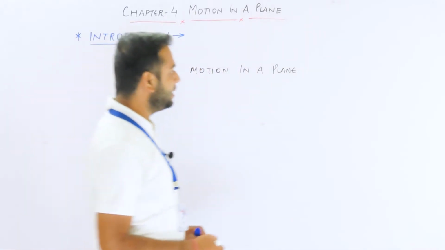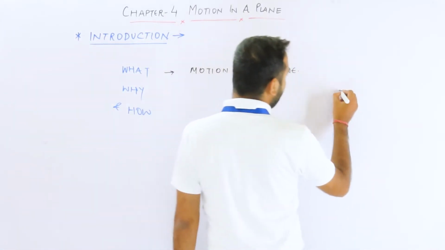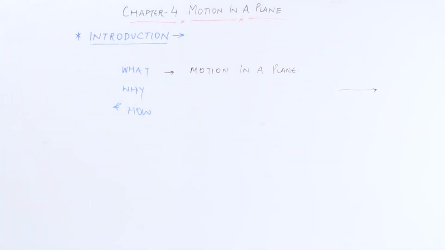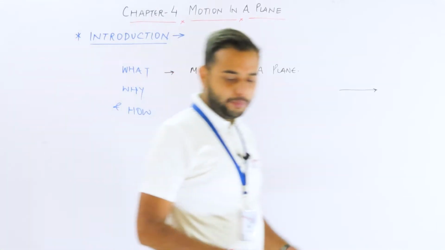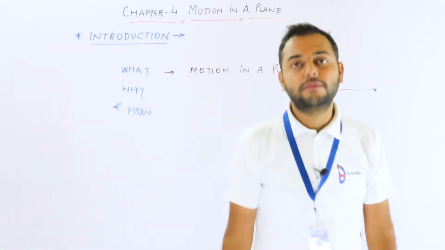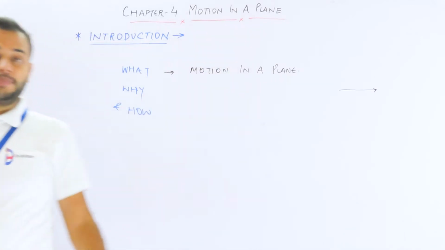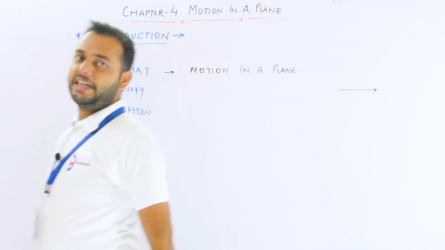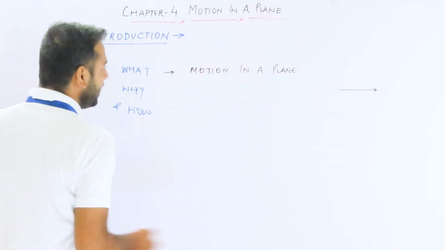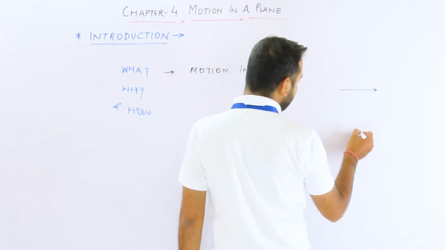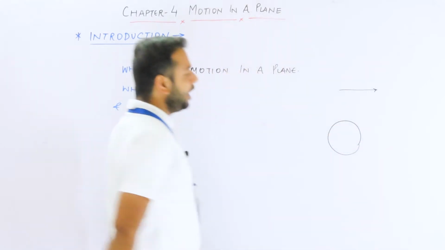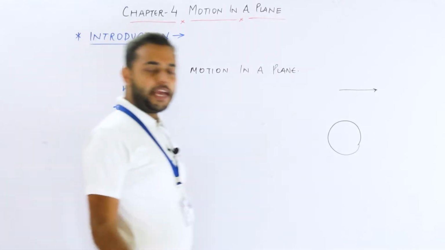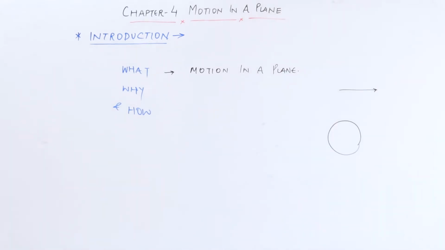Let's see, guys. Suppose a particle is going in a straight line. I know all the information regarding this particle: what its velocity should be, what its acceleration should be, what its displacement should be, and all this kind of stuff. We have already done that in the chapter on motion in a straight line. But now suppose this particle starts going in a circle. What will happen? Are you able to calculate acceleration? Are you able to calculate velocity?